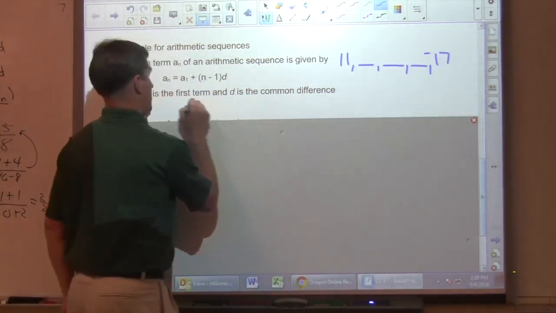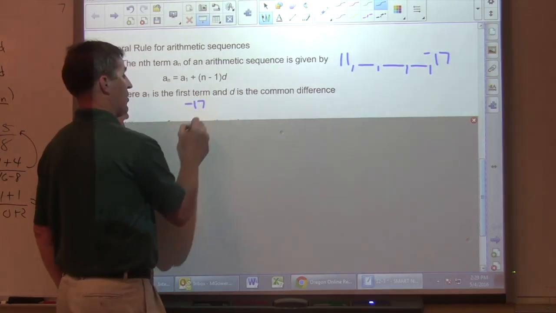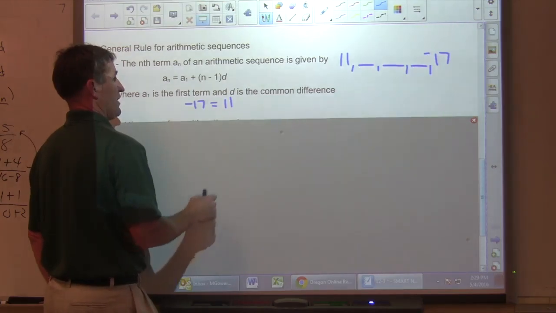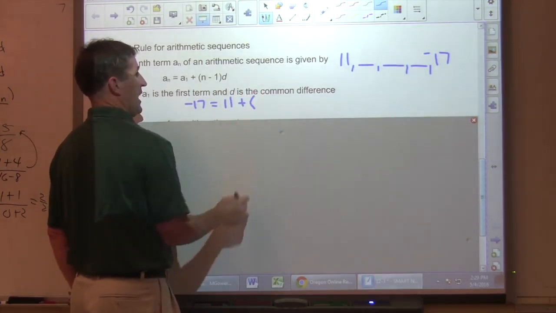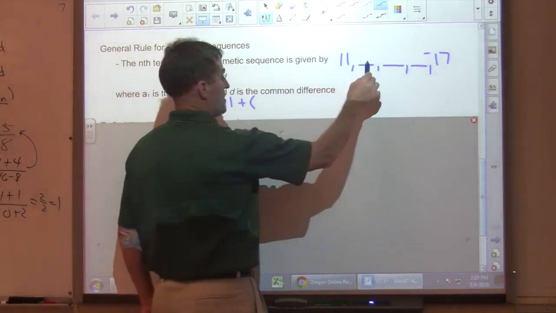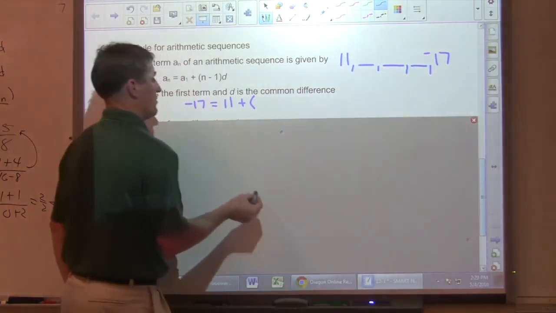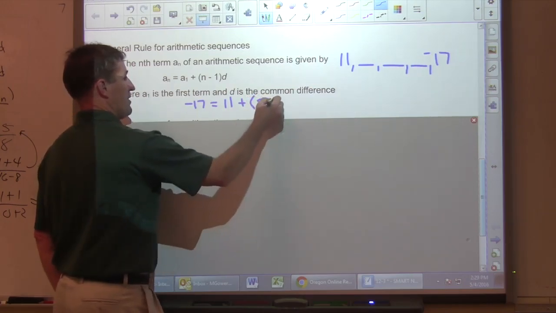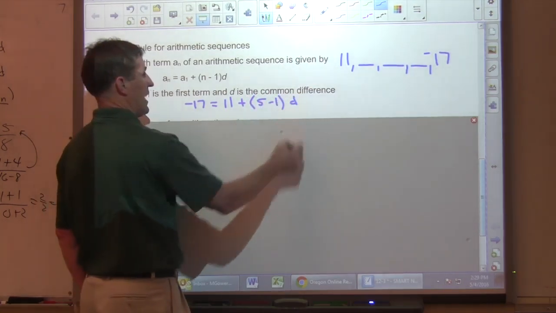So that would be, now we know that our a sub 1 is the first number in the sequence, 11, plus n, remember n is the number of spots out we are, this is 1, 2, 3, 4, 5, so 5 spots, so that's a sub 5, and so our n is 5, minus 1,